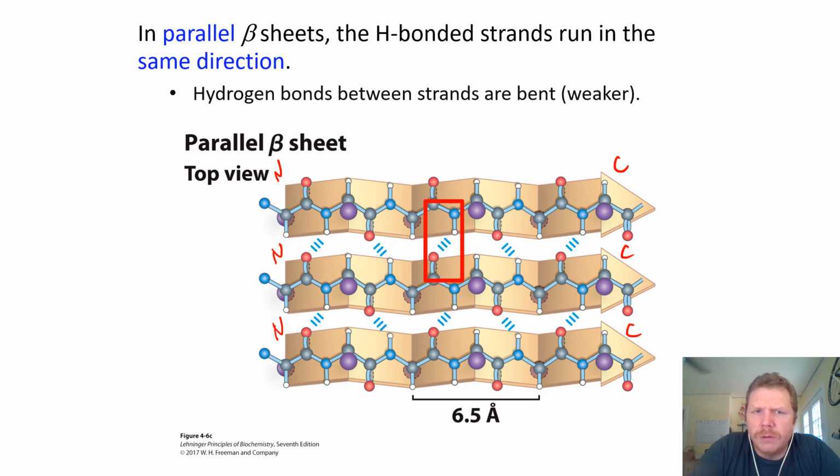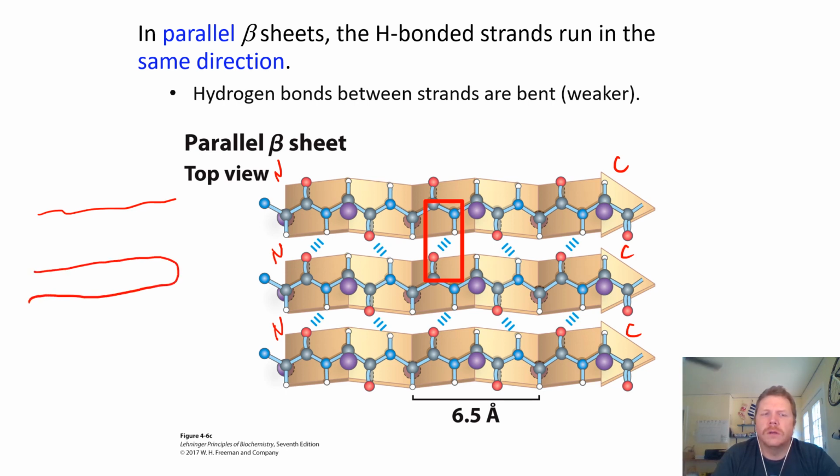And so I know whenever I was first introduced to parallel and anti-parallel beta sheets, I was like, I get the N to C, those make sense to me, but what does that look like? It's easiest for me to try to imagine, here's my polypeptide. Okay, now if I had something that looked like this, this is my N terminus, that's my N, and this is my C. Now the directionality of this is going N to C, but what I've got here basically is this is N to C, and this is N to C,